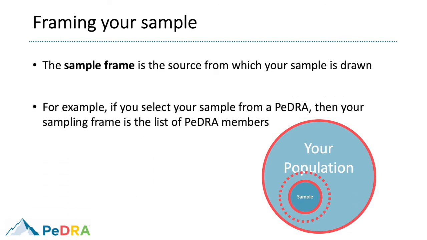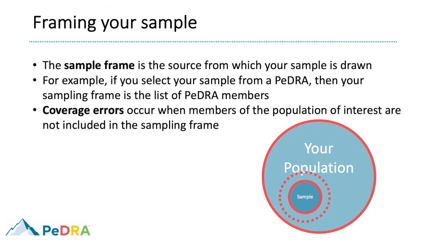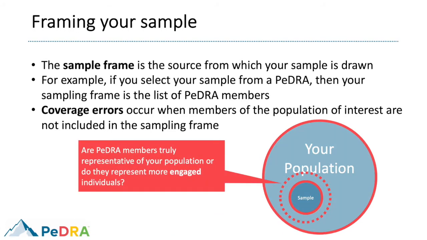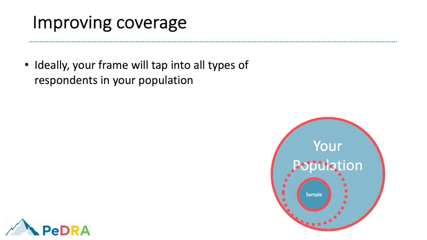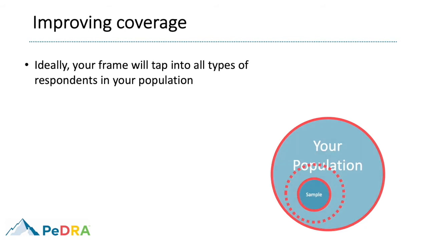For example, if you select your sample from PEDRA, then your sample frame is going to be the list of PEDRA members. Coverage errors can occur when members of the population of interest are not included in that frame. For example, you might ask, are PEDRA members truly representative of your whole population, or do they represent a more engaged group within your population? So in this case, you may want to expand your frame to ensure less engaged respondents are also represented in